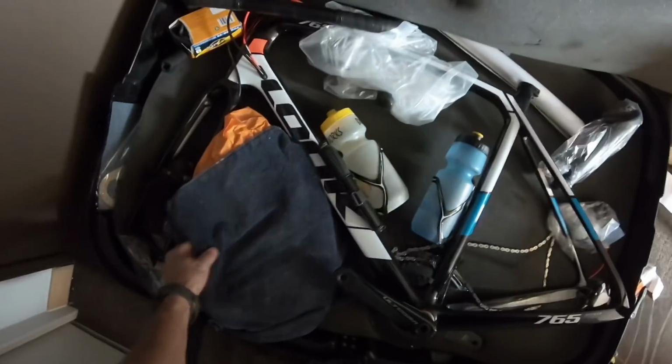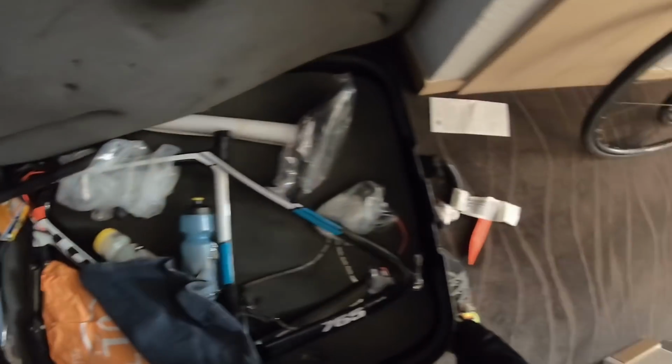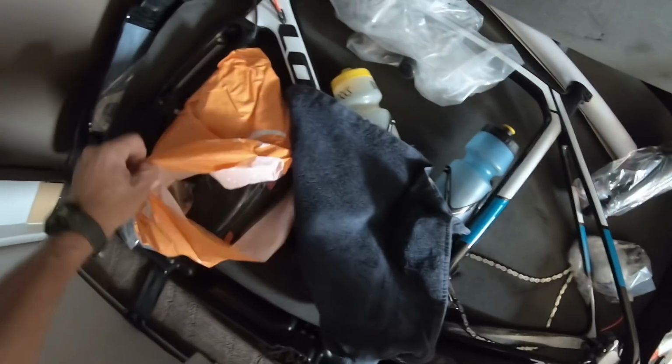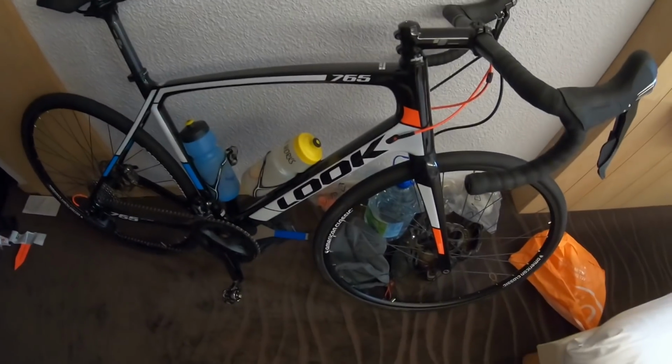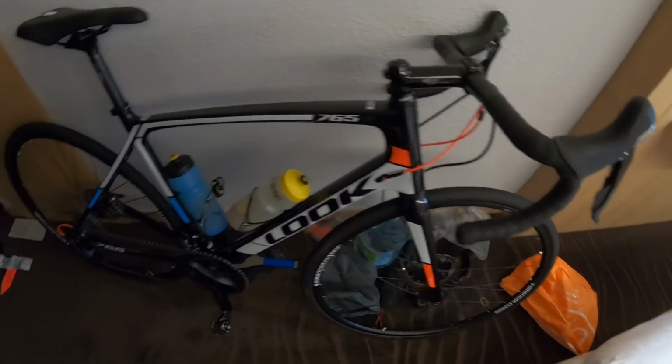Well, looks like TSA opened the box and checked it. I'm glad they knew how to put the bike box back together. Really glad. Wheels are okay. Well, everything looks to be in order. Got my shoes here. And the pedals inside the shoes. All right. So the bike's ready to roll. Took about 15 minutes to put it together, and it was a challenge in that little space right there,